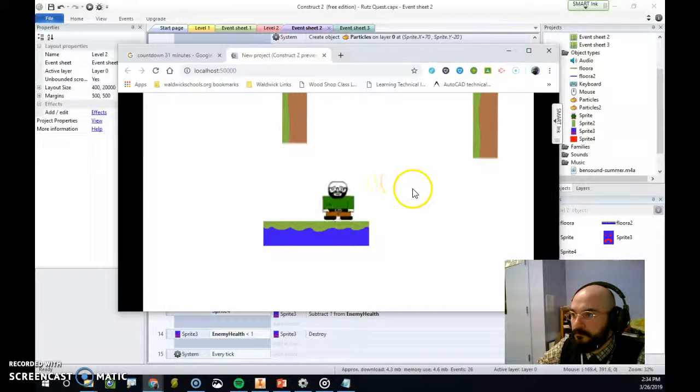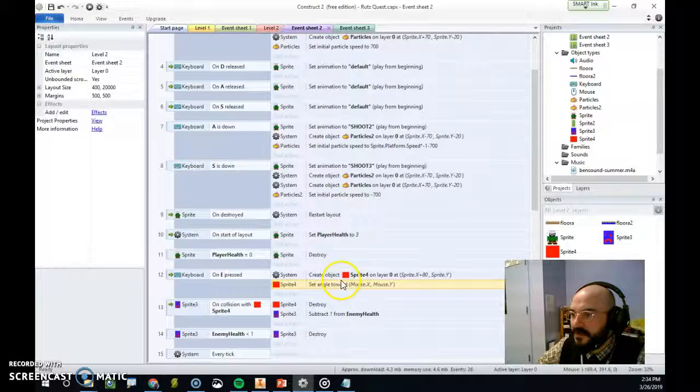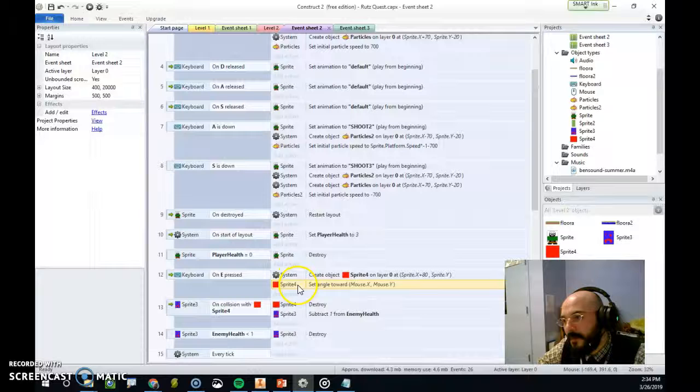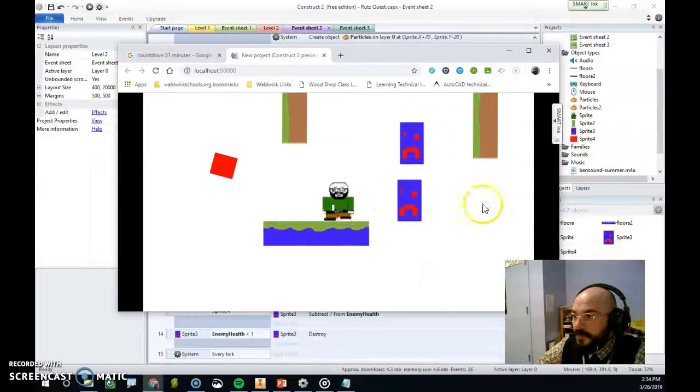So let's switch the line up here. Just by switching the order that these came in. I said it set angle towards this after it creates the object. It creates these things so quickly that if you set it up, it's going to start at the top and then move down and then move down and move down. So it thinks about this stuff so quickly that you don't even register a difference when these things are done, but the computer does. So now we've set up bullets that we can aim,